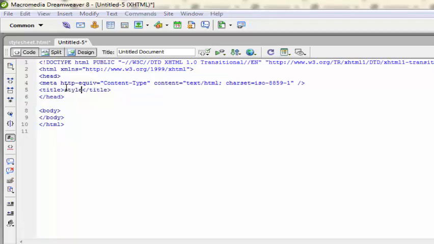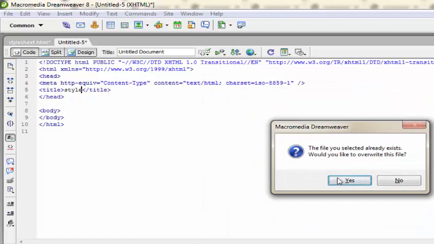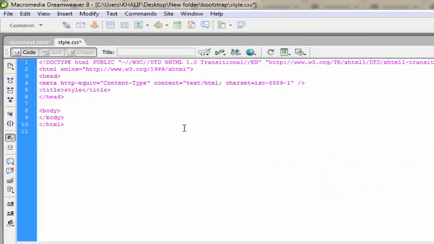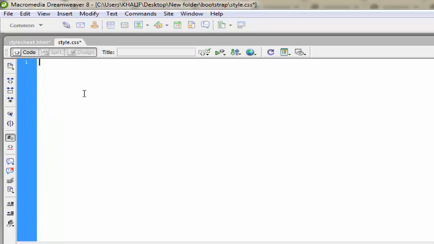Let's use style, and save it as style.css. I already have something of such, but let's overwrite it. Now I don't really need all this here, I can delete all this out.